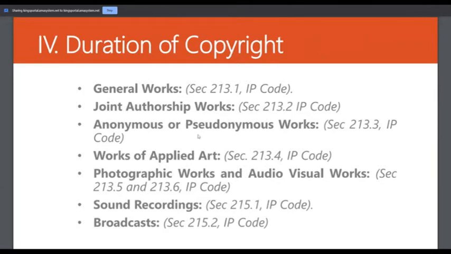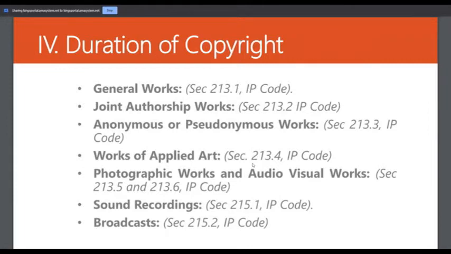For anonymous or pseudonymous works, it can be found under Section 213.3 of the IP Code. Works of applied art can be found under Section 213.4 of the IP Code. Photographic works and audio-visual works can be found under Sections 213.5 and 213.6 of the IP Code.